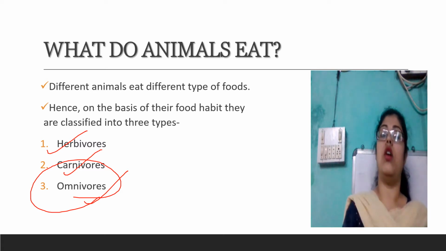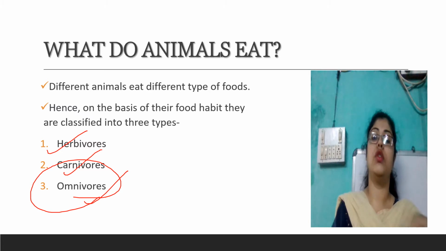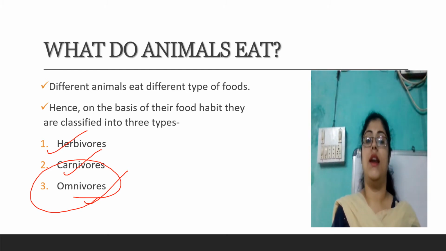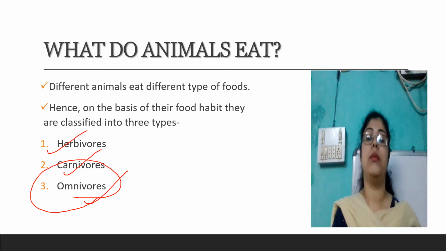If you give roti to a dog, the dog will eat it. We should give it very respectfully. We should have respect for any animal, no matter if it is a human or a dog. So we should always give them food with respect. If you give roti to street dogs, or if you have a pet dog, the roti will be eaten by them. If you provide some flesh, the flesh will be eaten by them.